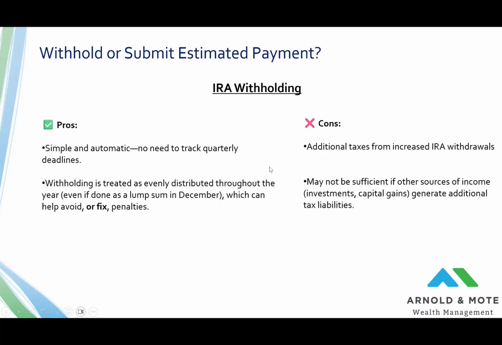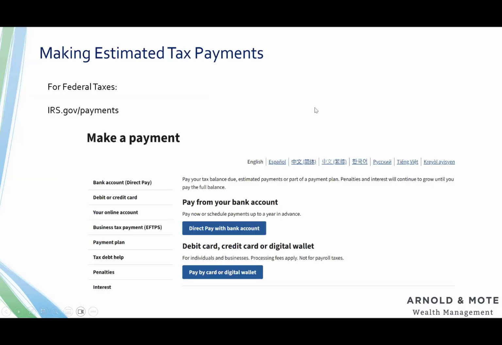And if IRAs are just a small part of your net worth, it just may not be realistic to do IRA withholdings for your taxes if you have a big brokerage account, big capital gains, big dividends, big interest. It just might not be feasible, and you might have to do these estimated payments. And so for these estimated payments, this is if you are not withholding from your paycheck or your IRA,